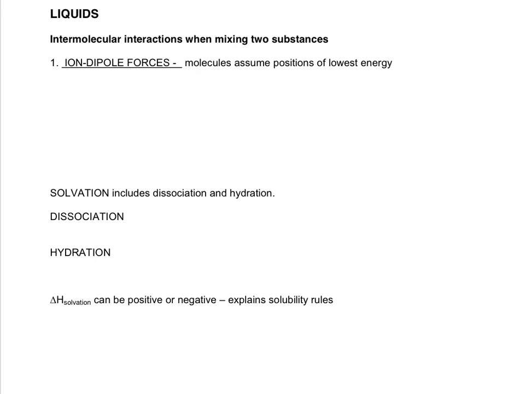So we're going to look in detail at these interactions or intermolecular forces that happen between two different substances when you mix two different substances together. So we're going to look at each of those that we talked about in detail. So the first one is ion dipole. So again, that would mean an ionic substance dissolved in a polar substance. So an example of that, like we mentioned, would be NaCl